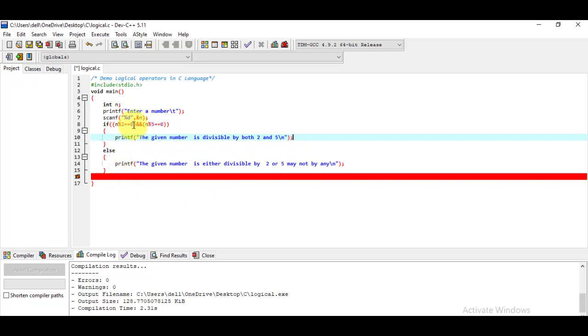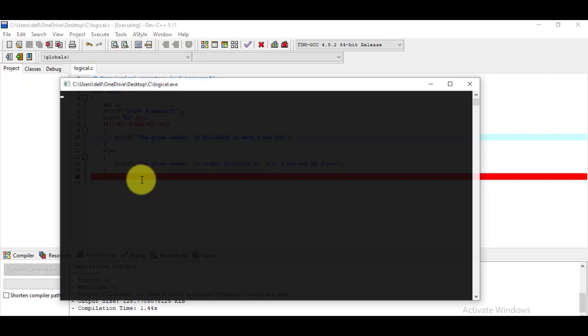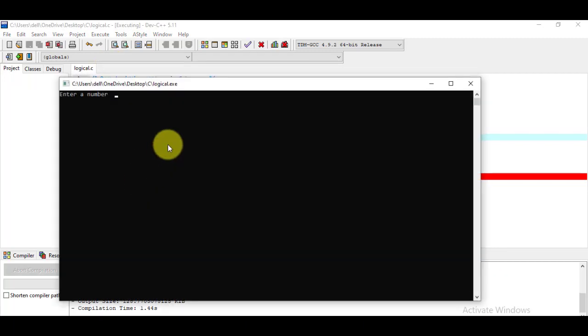If we enter a number and either of the conditions is true, say that number may be divisible by 2 or maybe divisible by 5 or may not be divisible by any of them, then we have to display the message the given number is either divisible by 2 or 5 or not by any. So after that we have to save the program. Now go to the Execute menu, choose compile and run, and here we see. Now here I am entering the number 5. Now the result turned out to be that the given number is either divisible by 2 or 5 or